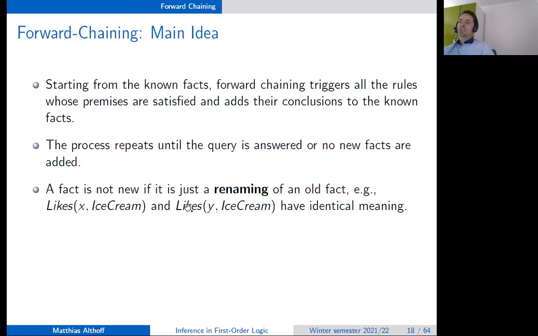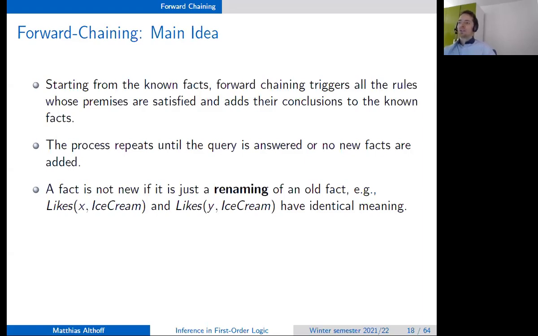And a fact is not new if just renaming would produce the old fact. You don't have this problem with just propositional symbols. But if one variable is x and the other variable is y, then these two statements are identical, because I can just rewrite the variable. And then it's not a new statement.